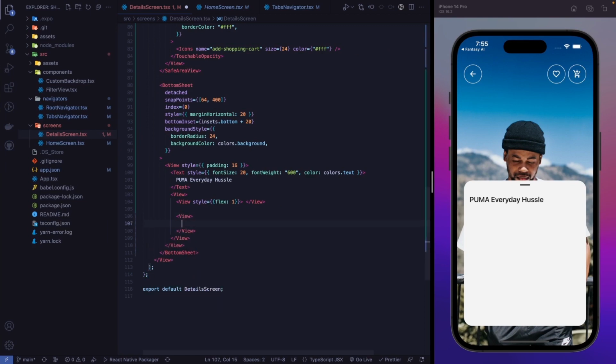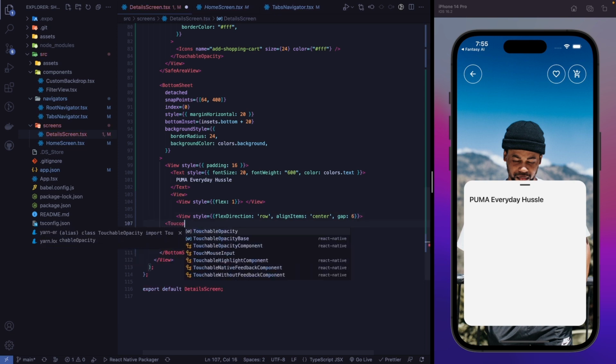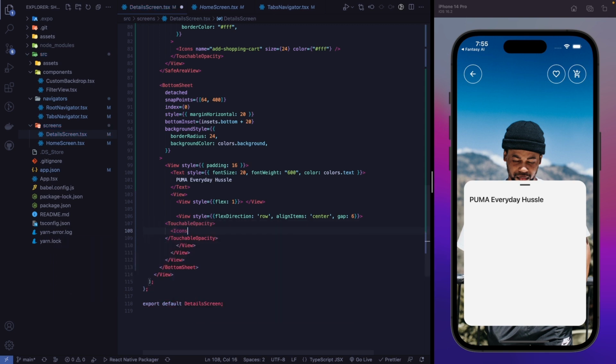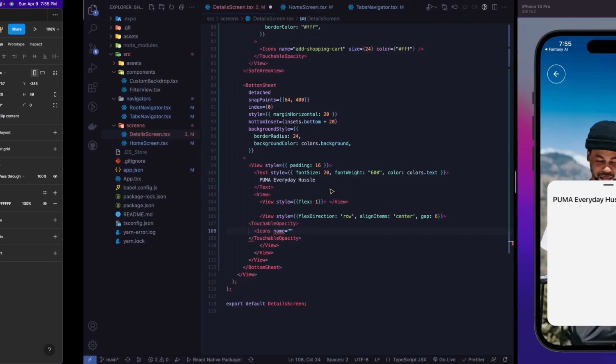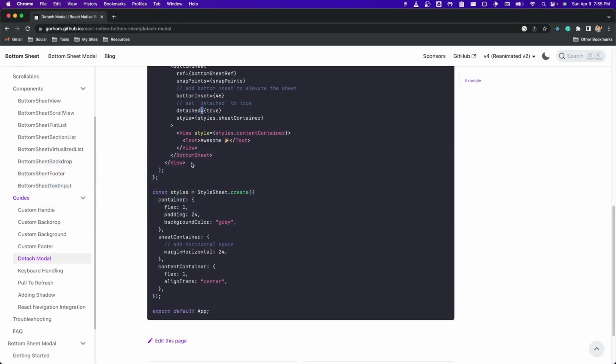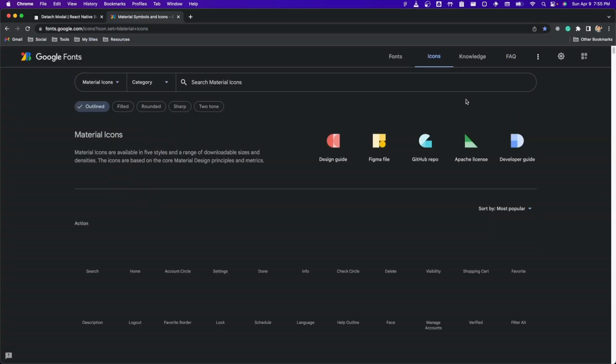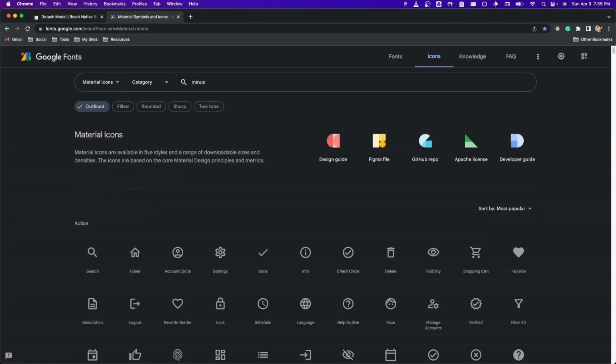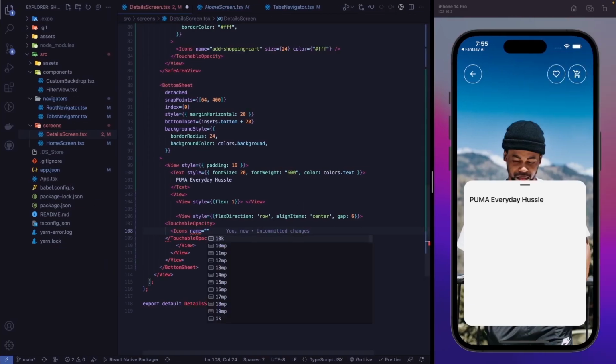This is going to be a view. Style would be flex, direction should be row, and align item should be center, and then gap should be 4, or let's add 6, and let's add a touchable opacity, and let's add an icon. Name should be, let's see, material icon. Check. This is remove. Okay, remove. The size should be 20 pixels, and the color is going to be